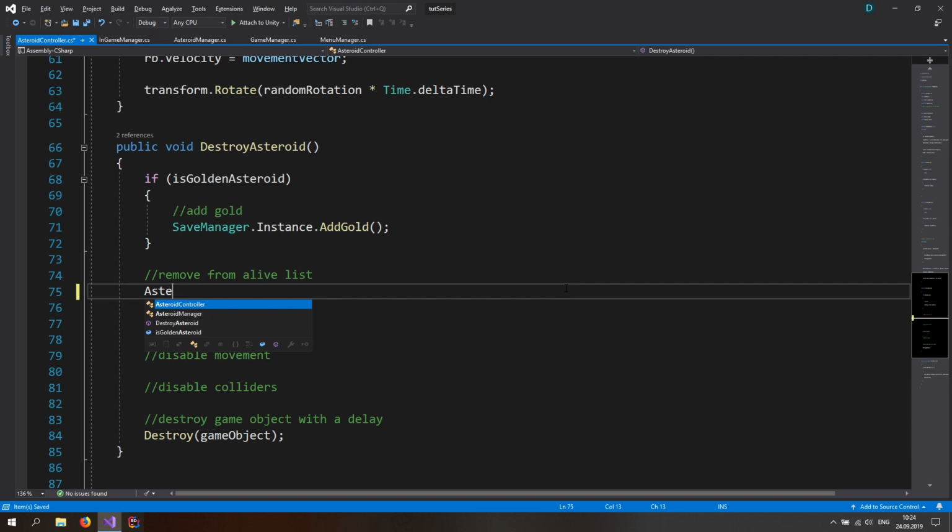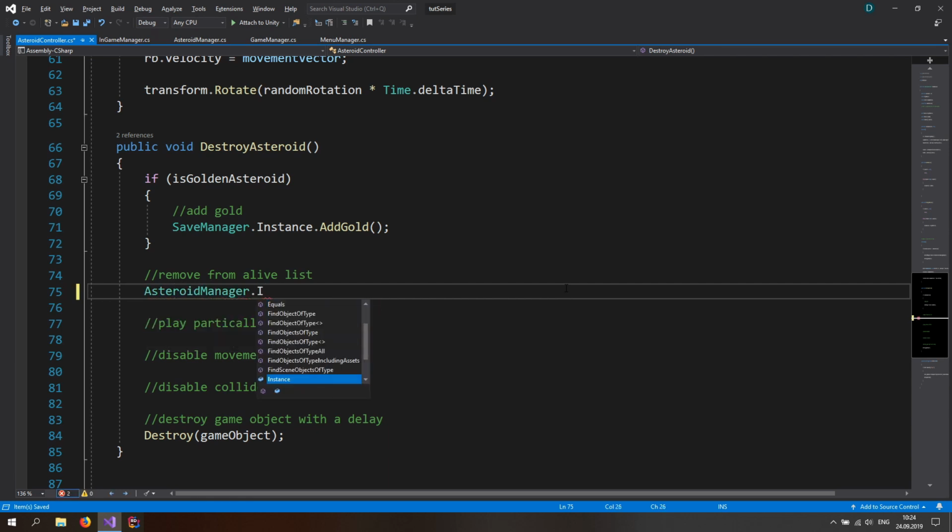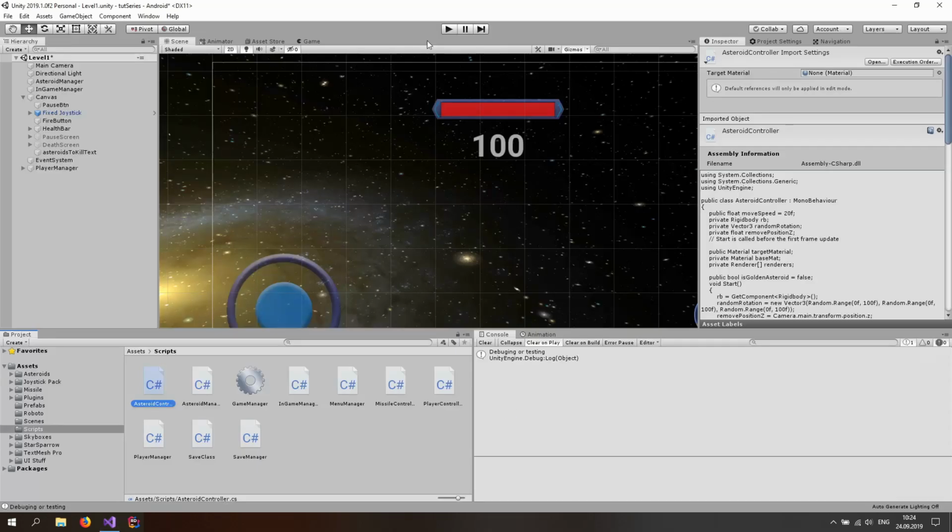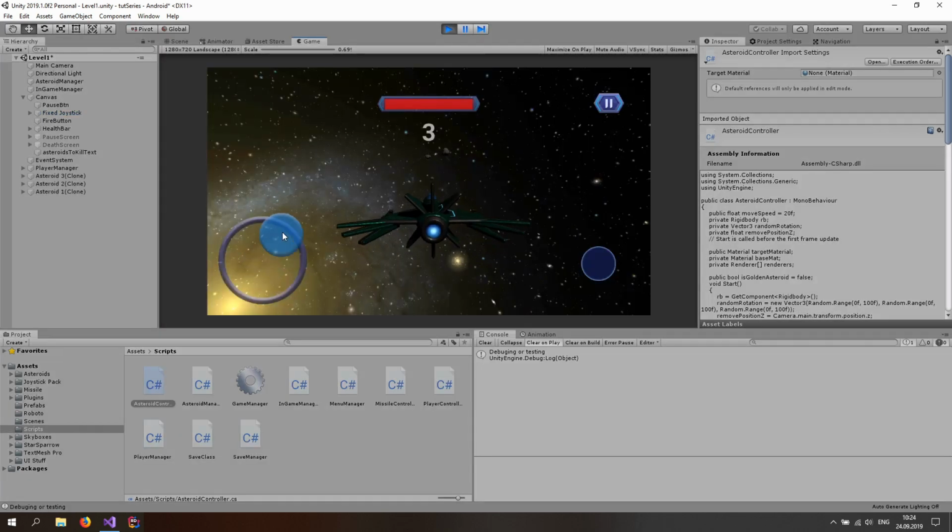and we want to go to the asteroid manager dot instance dot on asteroid kill, actually right here, this function, and in here we want to pass in a game object, and this is going to be just the game object, so the game object of the asteroid. Awesome. Now if I go to Unity and hit the play button, we should be able to just go to